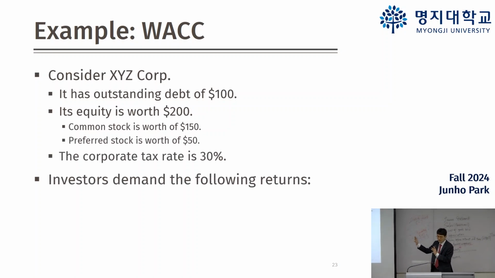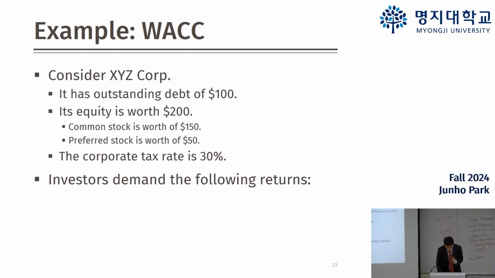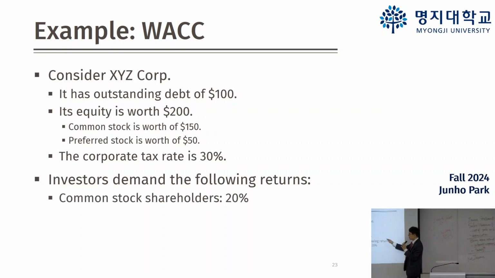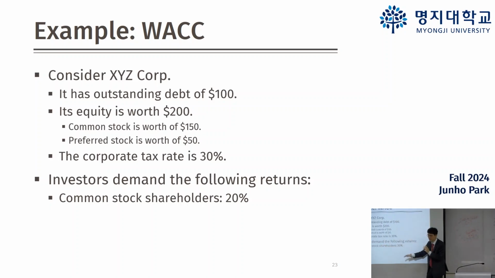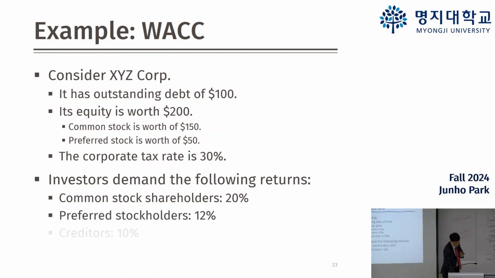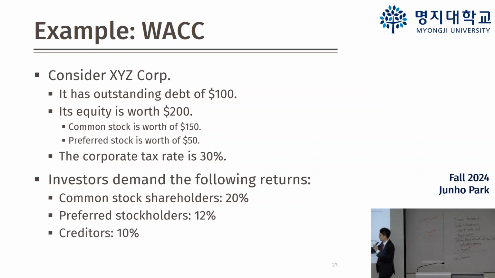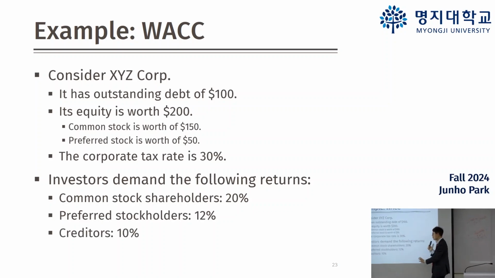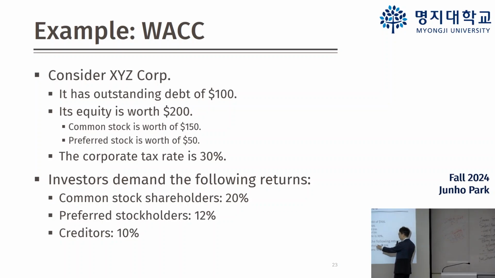And the corporate tax rate is 30%, and let's assume that you already calculated each cost. So the cost of common stock, in other words, the cost of shares or the cost of equity is 20%, and the cost of preferred stock is 12%, and the cost of debt is 10%. In other words, common stock shareholders